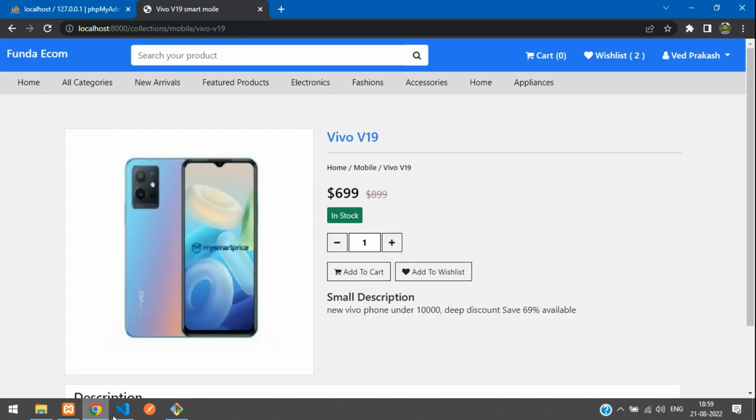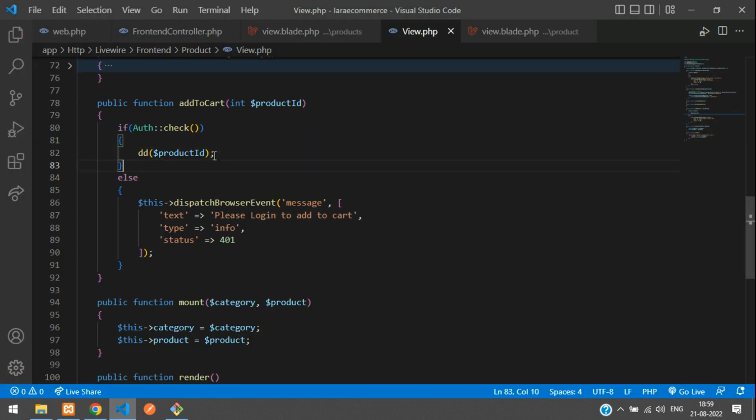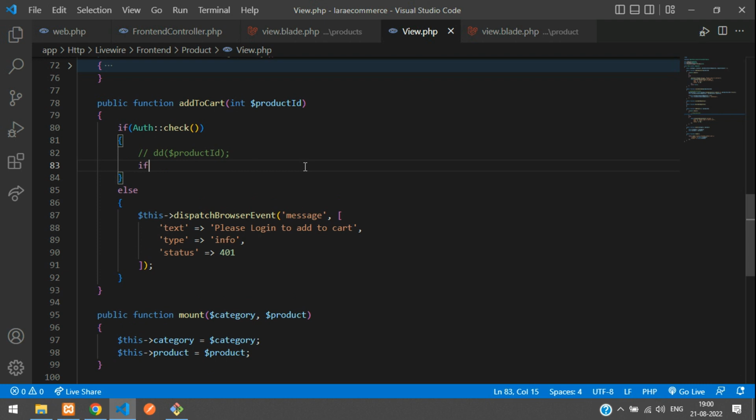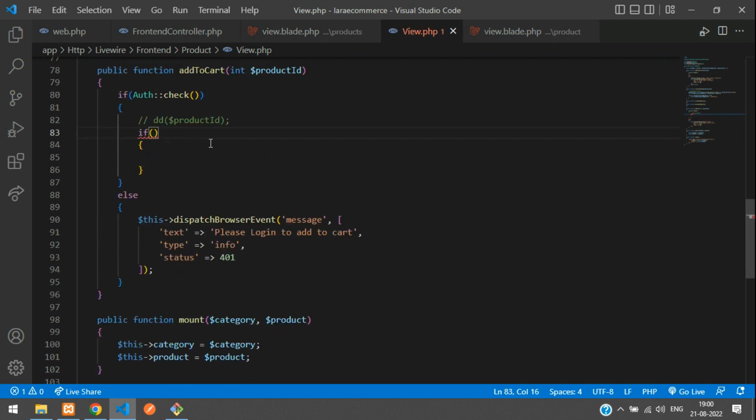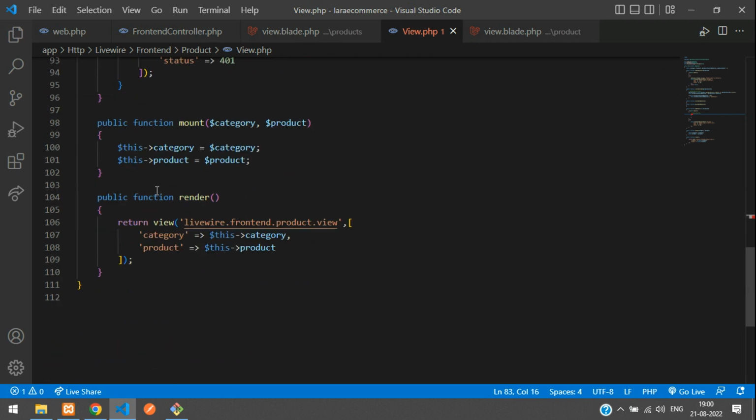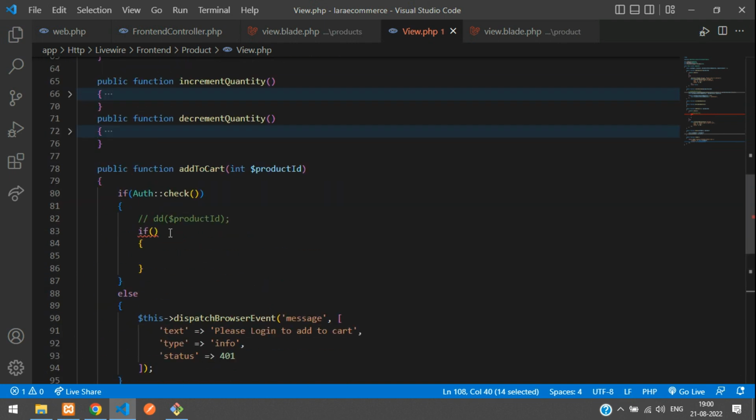Add to cart. ID number 6. Okay, so get back. And now guys, you need to check whether the product exists or not. So let me comment again, add an if condition. First step, let's get the $this of product. I mean, in your render function, you are sending the $this product, right? So you will get this product data in your if condition